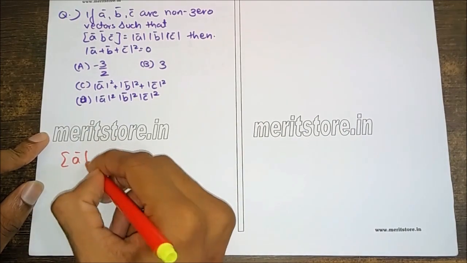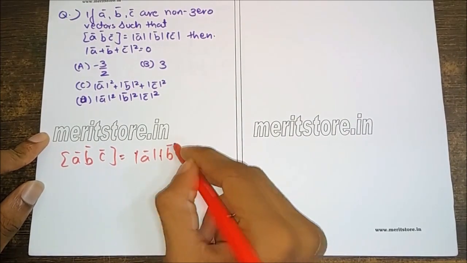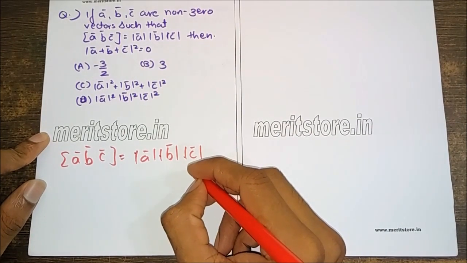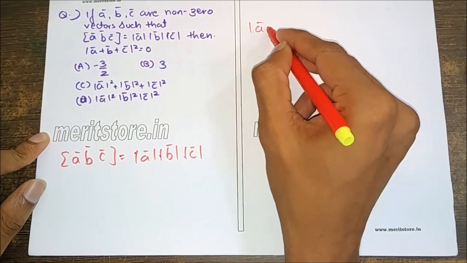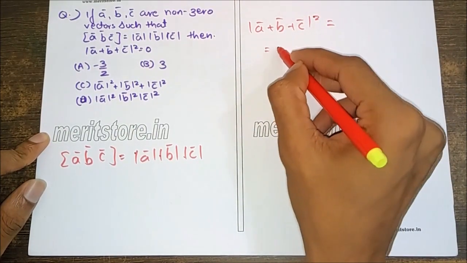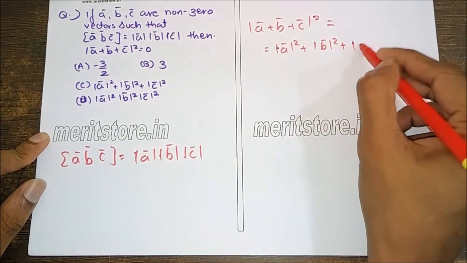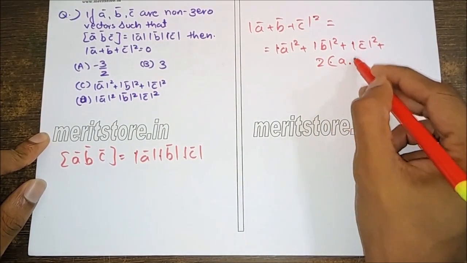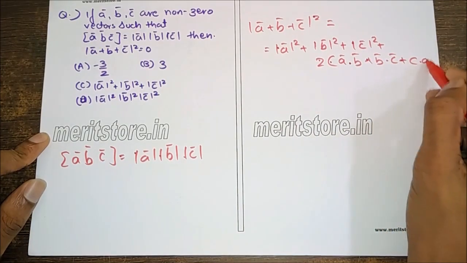We have A vector, B vector and C vector is equal to mod of A vector into mod of B vector into mod of C vector. If A vector, B vector, C vector are mutually perpendicular vectors, then we can write this as A vector plus B vector plus C vector mod the whole square, which is equal to A vector the whole square plus B vector the whole square plus mod of C vector the whole square, plus 2 into A into B vector plus B vector into C plus C into A,